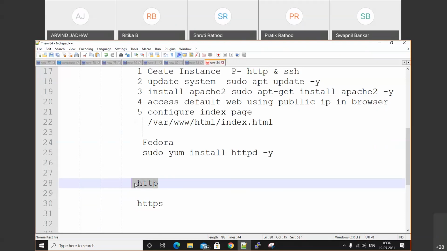ओके, सो हमने कौन सा वेबसाइट देखा? ओनली HTTP देखा। दैट मीन्स वी कैन एक्सेस दैट website by using a port number 80। And here if you want to access the HTTPS, then we will use the port number as 443। ये पोर्ट नंबर बहुत यूजफुल होते हैं, इंटरव्यू में ये पोर्ट नंबर पूछे जाते हैं। What is the port number of HTTP protocol, what is the port number of HTTPS protocol? Okay,